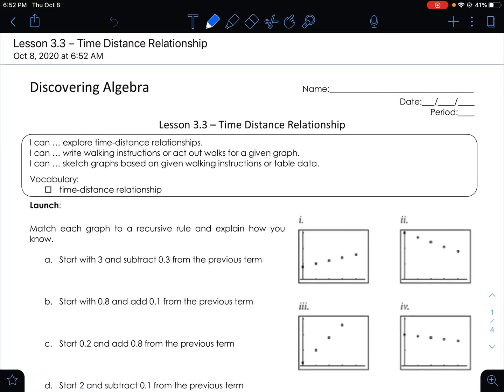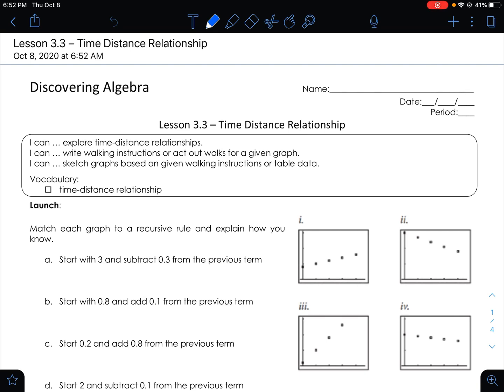So what we're going to look at in this lesson is the relationship between time and distance when we're talking about real world scenarios where you have someone walking towards or away from a motion sensor. Coming out of this lesson, what you would like to be able to do is describe the relationship between time